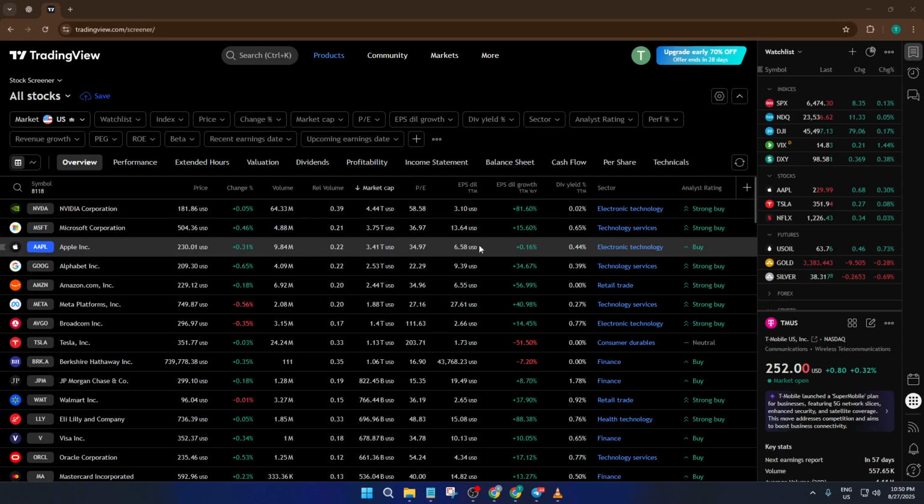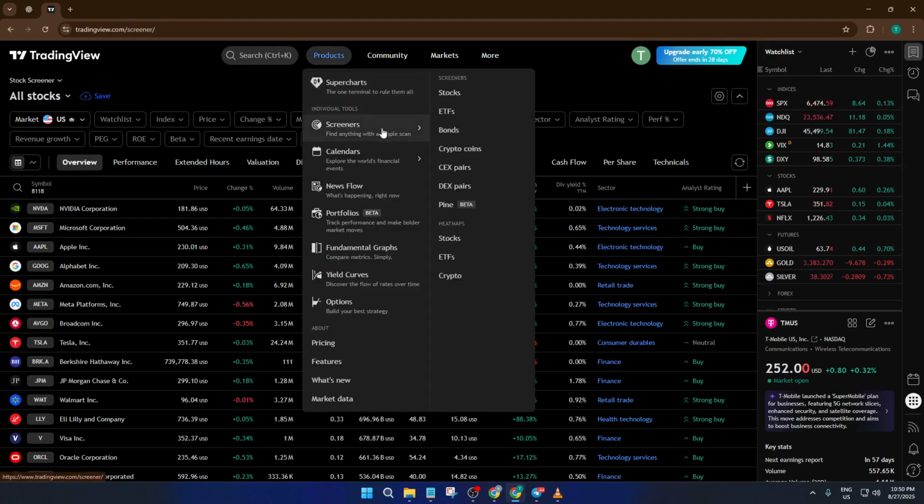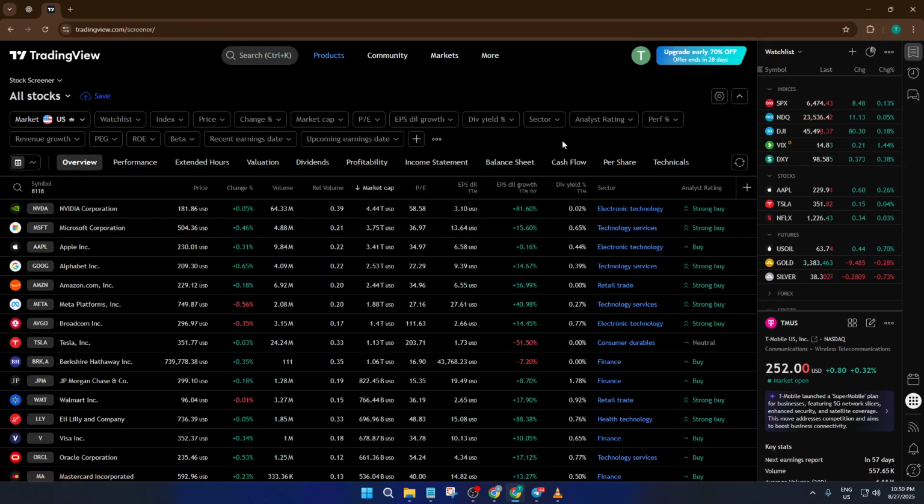First thing, we want to access the Screener tool. It's usually found at the bottom panel, sometimes called Stock Screener. This is where we can filter the massive universe of stocks down to something more meaningful for us. Think of the screener as a superpowered search engine just for stocks. It's like going to the grocery store and telling the staff exactly what produce you want rather than hunting through